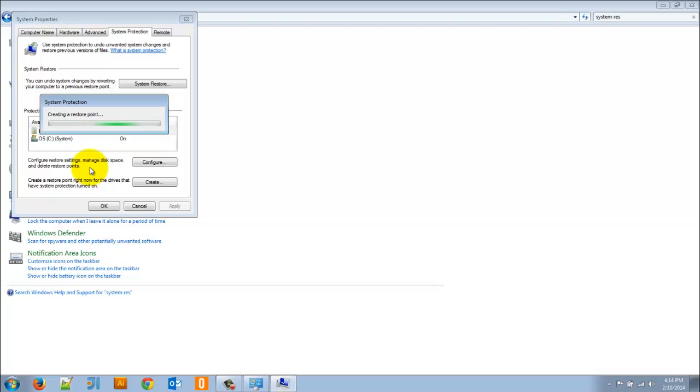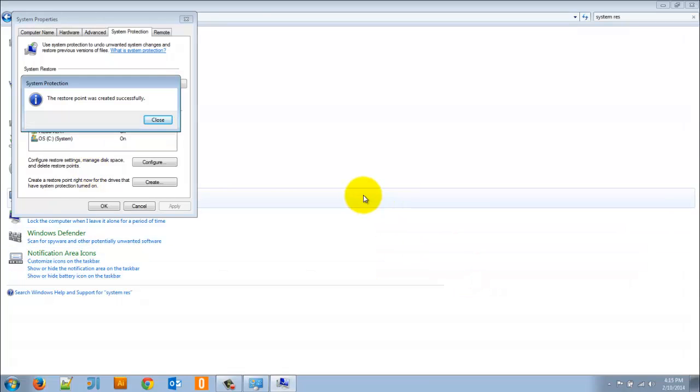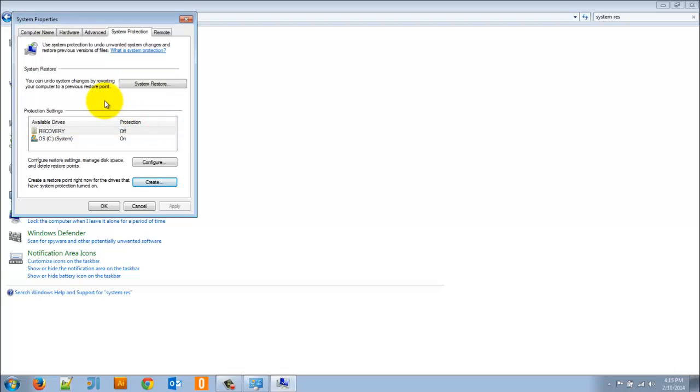I'm going to have to wait a second. Once it's done, you'll get a message that says the restore point was created successfully. It might take a few minutes. Let's close that. Let's say something goes haywire with my computer and I want to restore it to a previous point in time. I can go over here to System Restore,